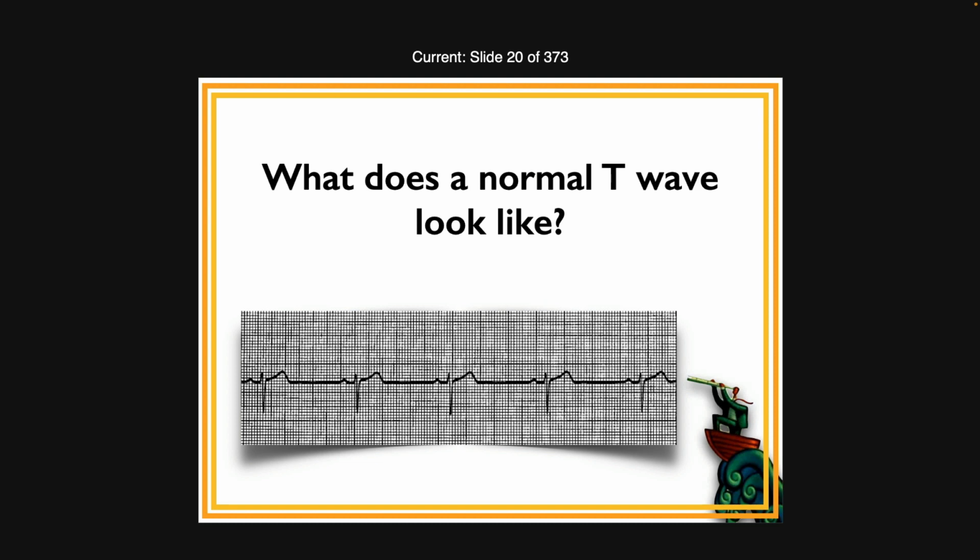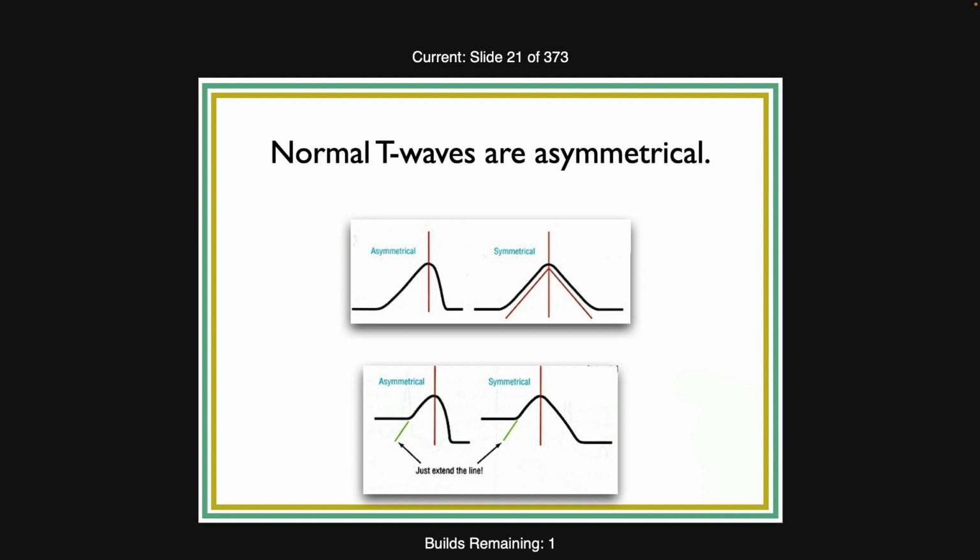So the other thing about T waves is normal T waves are asymmetrical. And they're asymmetrical in a very particular way. So what happens is the upslope is flatter than the downstroke. Okay? Does that make sense? The slope here is a little bit less steep, and then it sort of falls off the cliff here, okay,